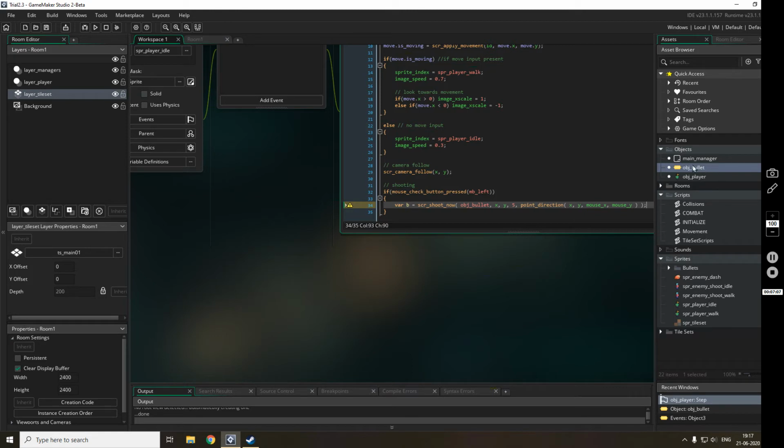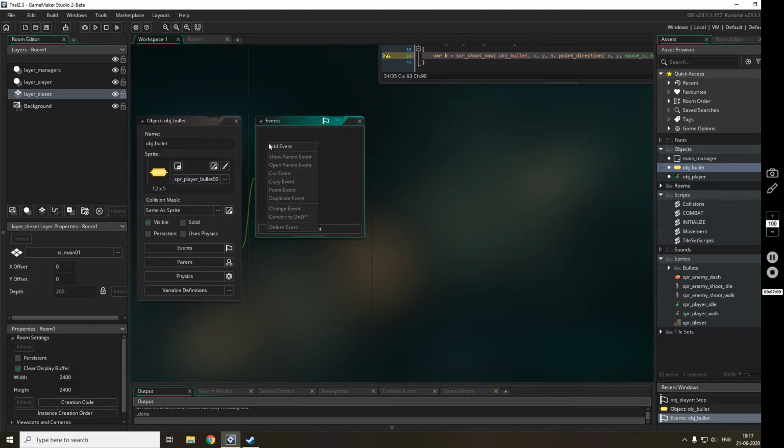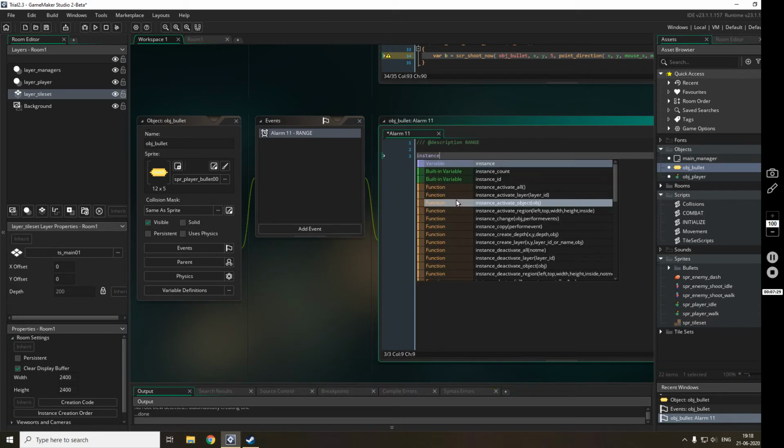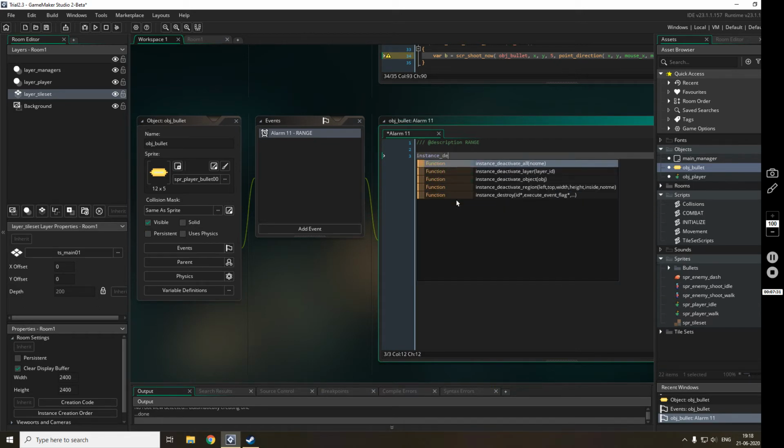And one more thing we can do, we can go inside the bullet and create an alarm 11, that is the range. This is the range of the bullet, so whatever delay we give here, at whatever delay we call alarm 11, it will be destroyed. So here, destroy, yeah, so it will destroy it.